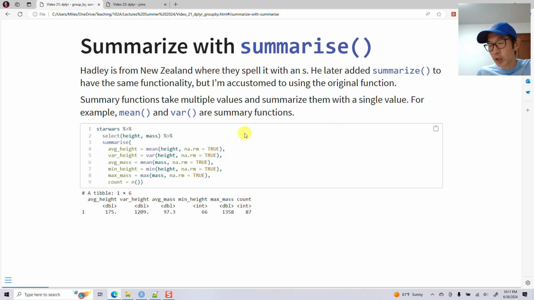Okay, so when you call summarise, it will calculate summary values. Summary functions are things that take multiple values and reduce them to one. So you have a set of 100 values. You ask for the mean, you get one mean. You ask for the median, you get one median. You ask for the variance, you get one variance. Okay? And so these are some examples, and what we're going to do is take the entire